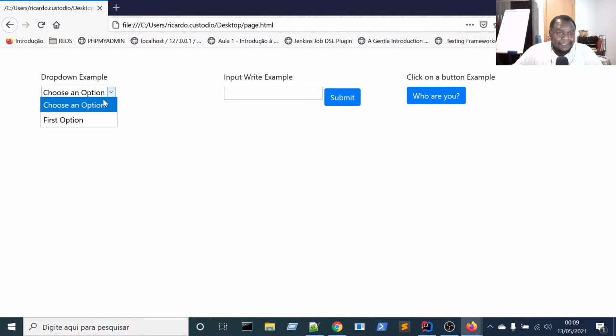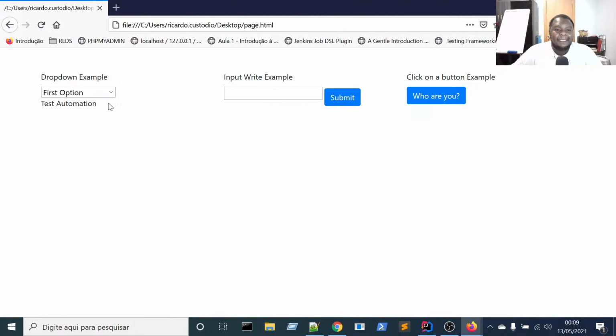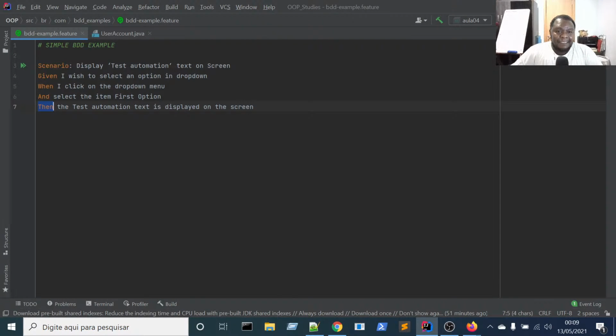You click on the drop down menu, and you just select this option. Selecting this option is just to click, right? And you just click this option, and then finally the test automation text is displayed on the screen, and you will just get this text here and check if this text is displayed on the screen, right? This is just the first scenario we just